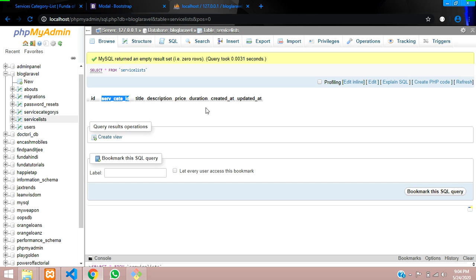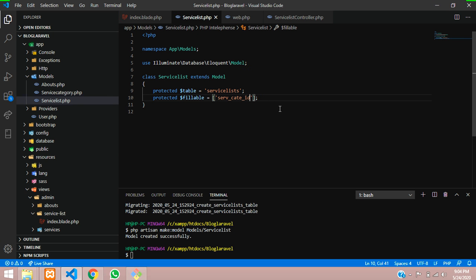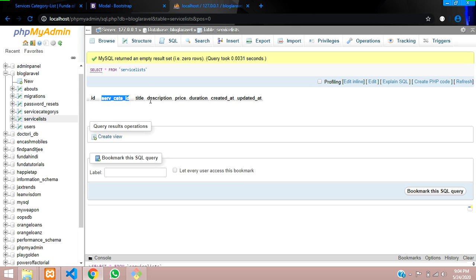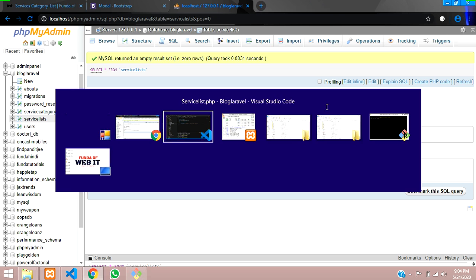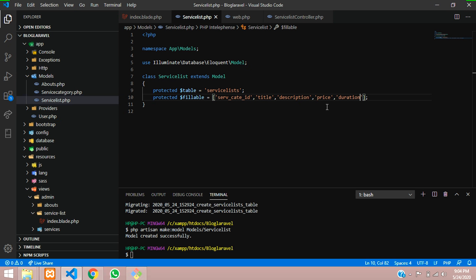First is category ID, second is title, third is description, fourth is price, and fifth is duration. Done guys.